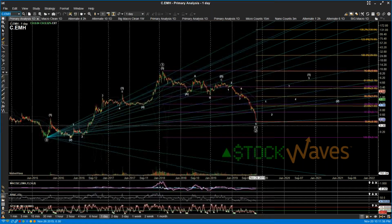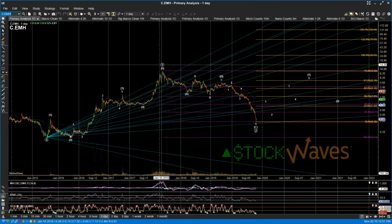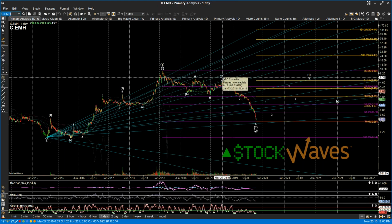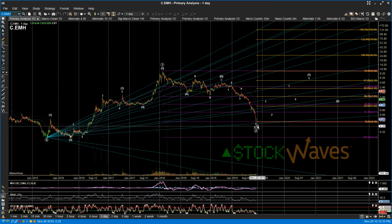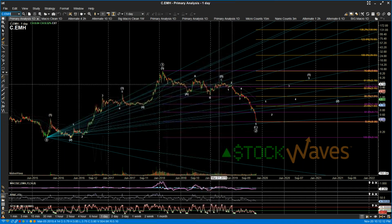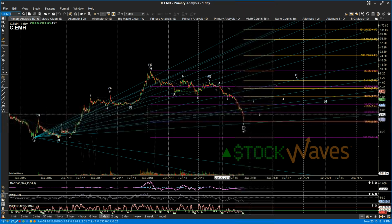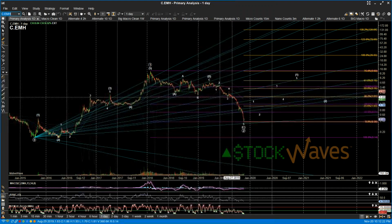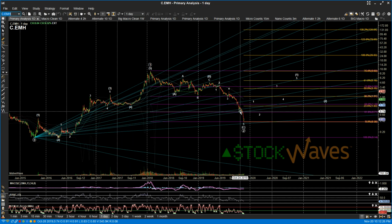EMH got a much deeper drop, but we have a similar 5 waves up into this early 2018 high. Here, the B wave looks really good as an expanded flat, and then a very stretched out 5th wave of the C. Could easily do the A, B, and C inside of a Y wave here. Sometimes I'm just a little bit lazy and I don't change that. And sometimes it really is just a 5th wave that's stretched out and extended. Looks like it was trying to hold at the 618, but other things stretched, and so it dropped down here to the